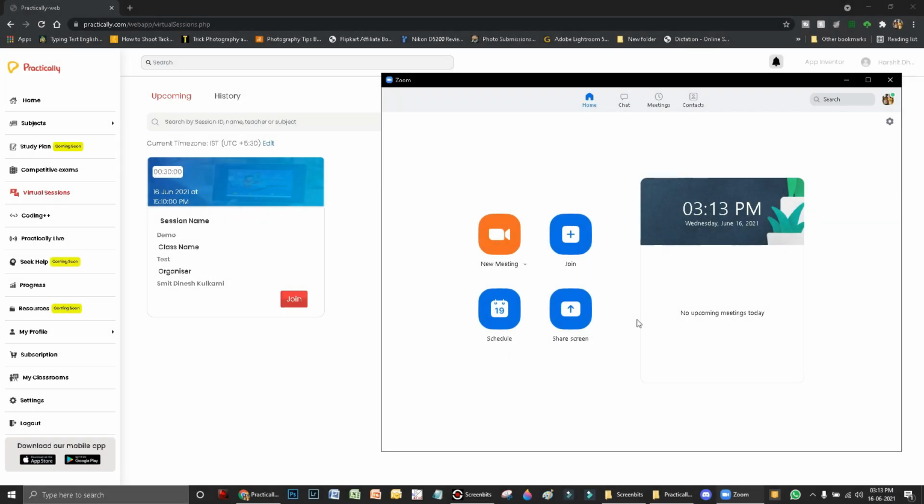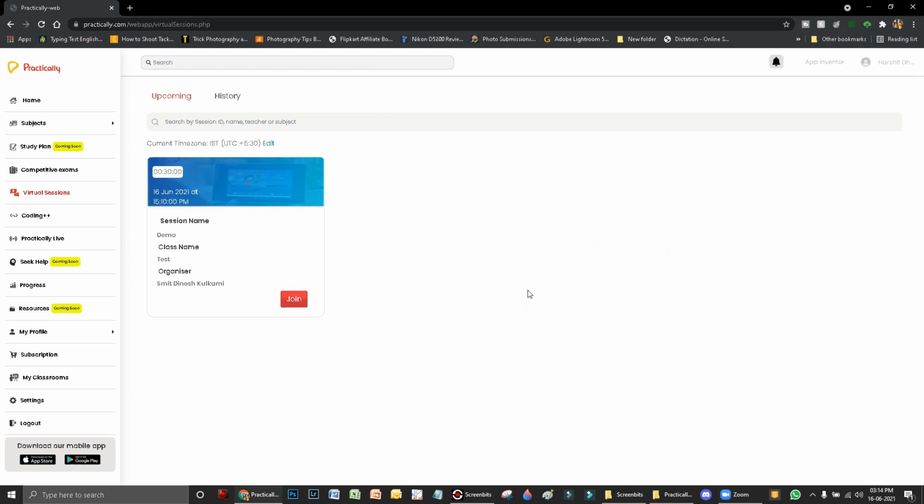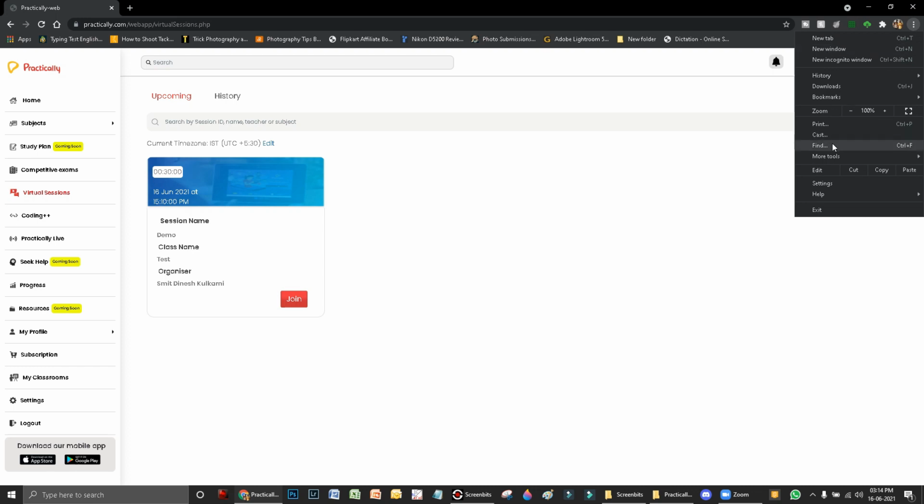Alright parents, so in this part we will see what we have to do if you have any trouble while joining or logging in, or any trouble while in the session. So we have a common complaint that it goes to the teacher login. For that, the best solution is you go to the three dots on the top right side of Google Chrome. The three dots on the very top right side, just below the cross, click on that